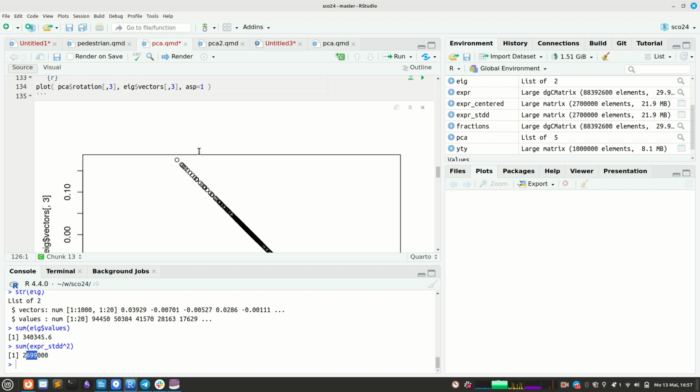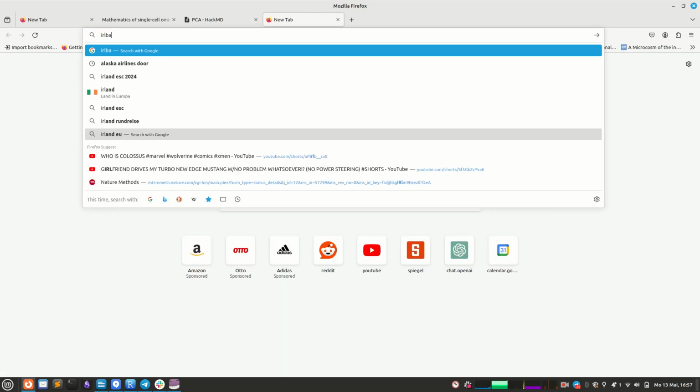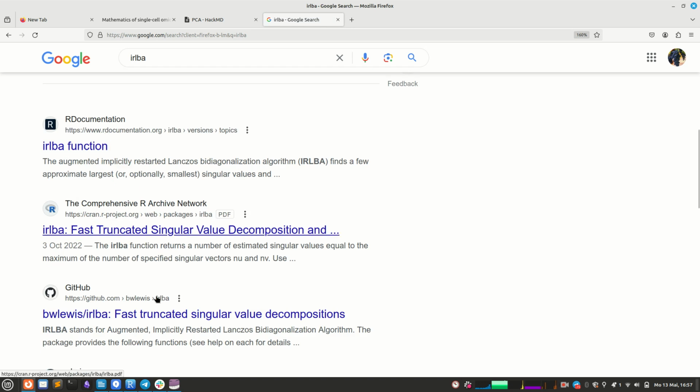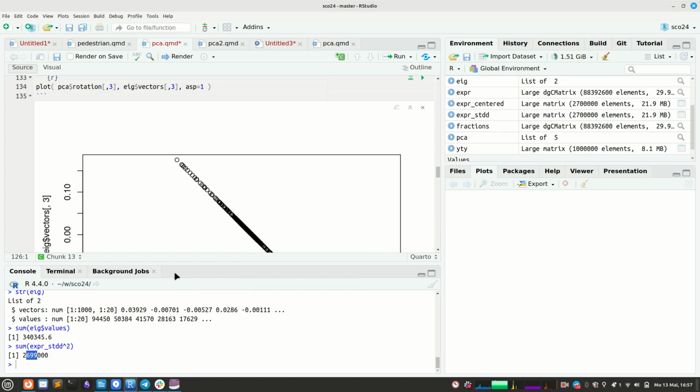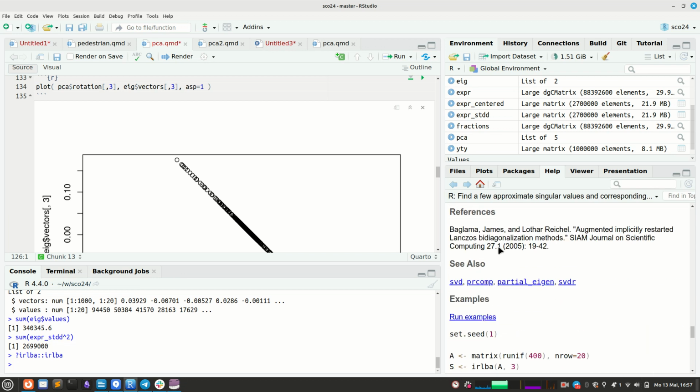And the one we are now using is based on the implicitly restarted Lanczos bidiagonalization algorithm by Baglama and Reichel, which is not that old, 2005 in the SIAM journal,